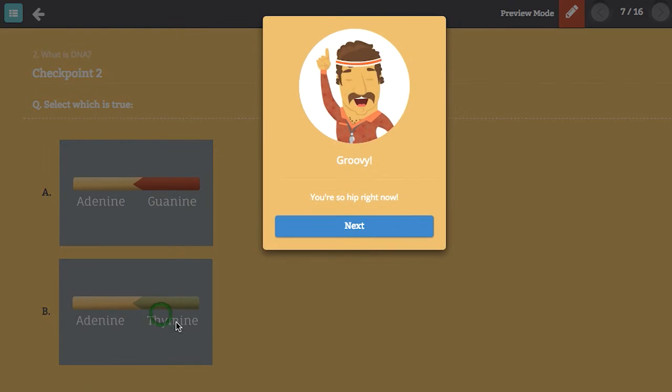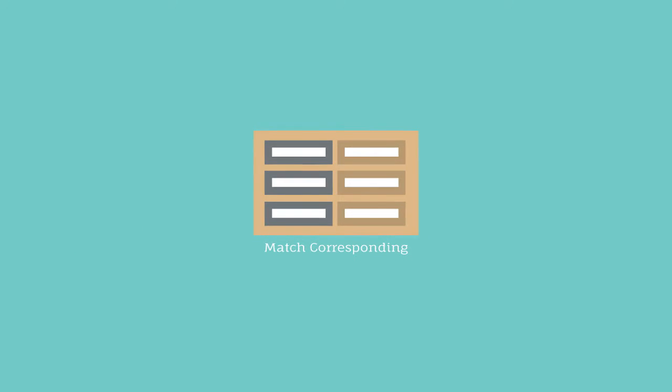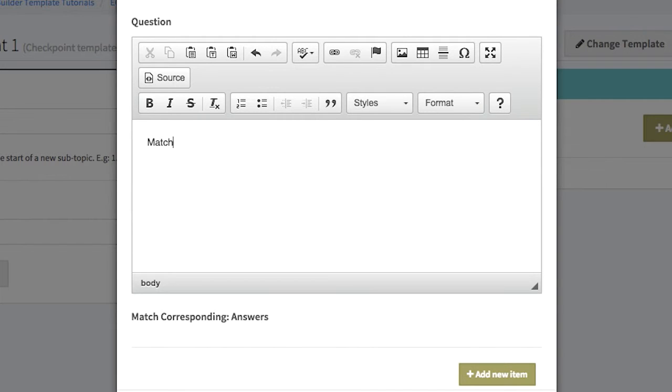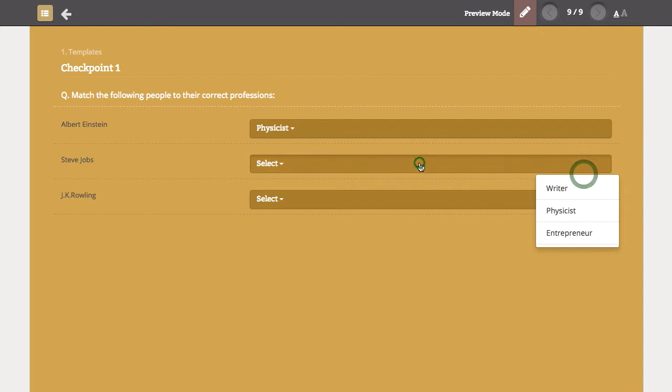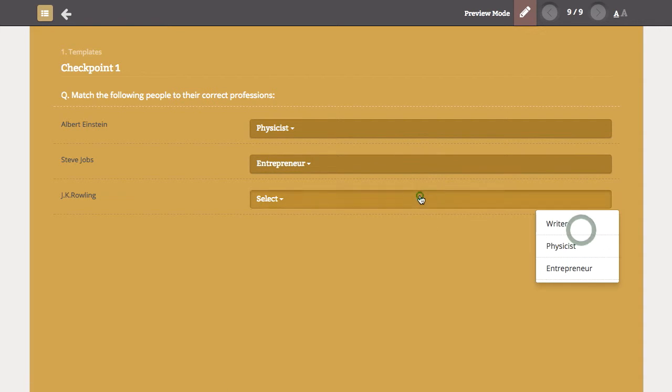symbols, faces, or similar. The Match Corresponding question type is a little bit different again. After adding your question text or instructions to the learner, you will need to add pairs of matching text, for example, related concepts, definitions, or ideas. Depending on the way you construct your question, you could also add conflicting or contrasting strings of text that need